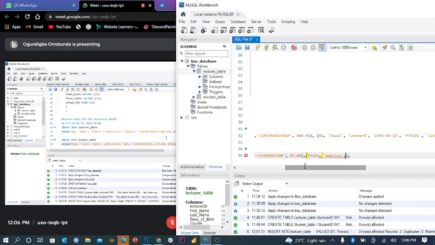Let's assume he was born 1st of July 2003. Because he's older than I am, he was admitted earlier too. That's going to be 300 level.